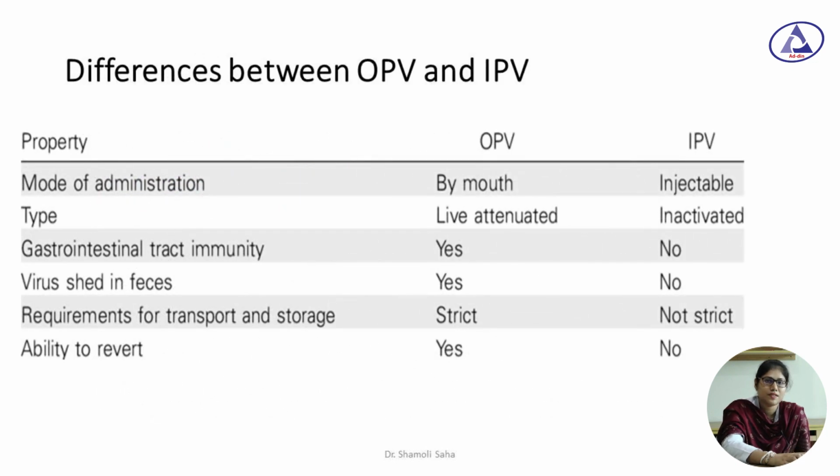What are the differences between the oral polio vaccine and inactivated polio vaccine? Oral polio vaccine is given orally, and inactivated polio vaccine is an injectable type. Oral polio vaccine is live attenuated and inactivated polio vaccine is inactivated. Gastrointestinal immunity